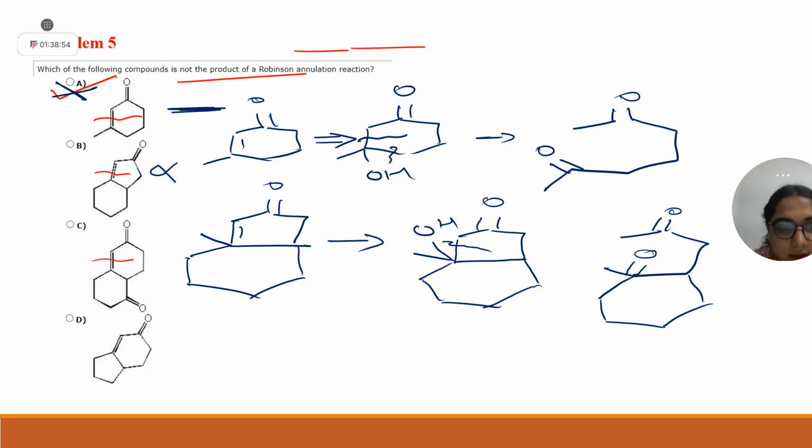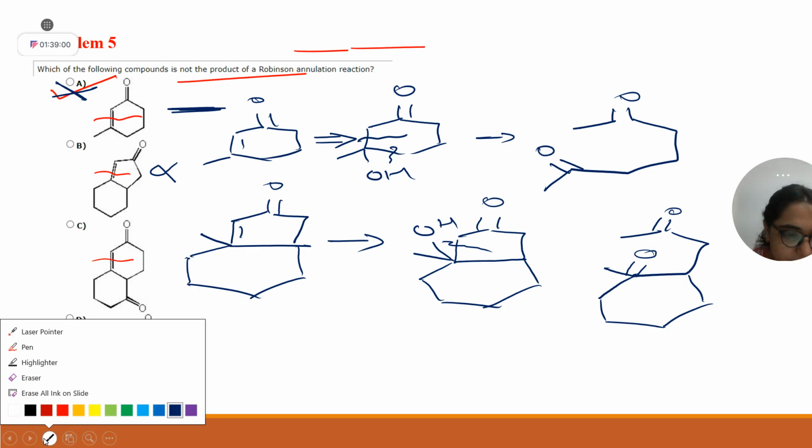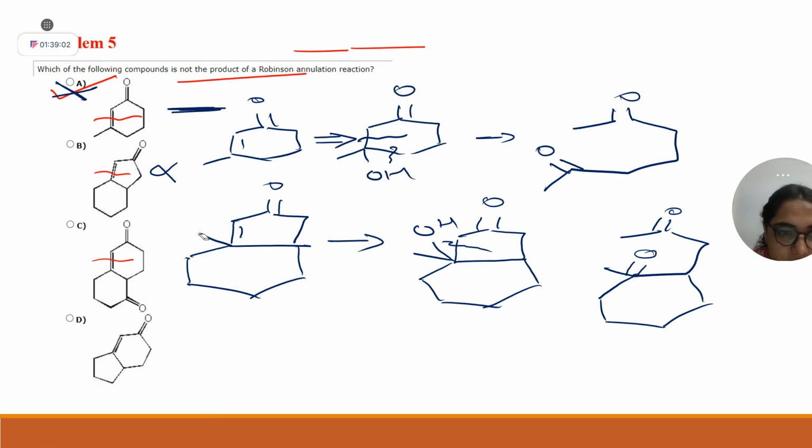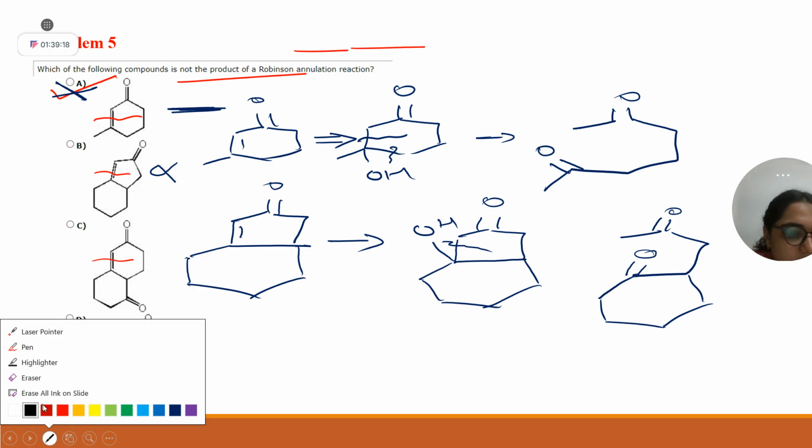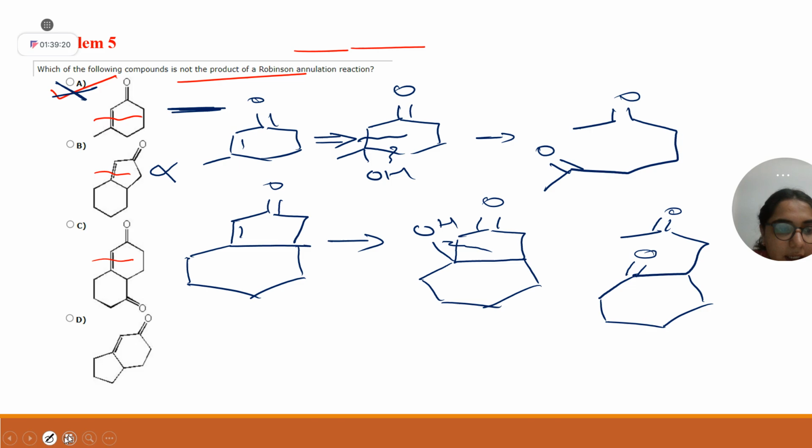But in the structure of B, there is no methyl group, right? You may mention, okay, methyl group. Sorry, that was a good observation. In structure B, there is no methyl group. So now it is possible that it can attack here. 1, 2, 3, 4, 5 member ring, it's possible. So B is also possible. So it is correct. Okay, can you do the same thing for C and tell me whether it is possible or not?